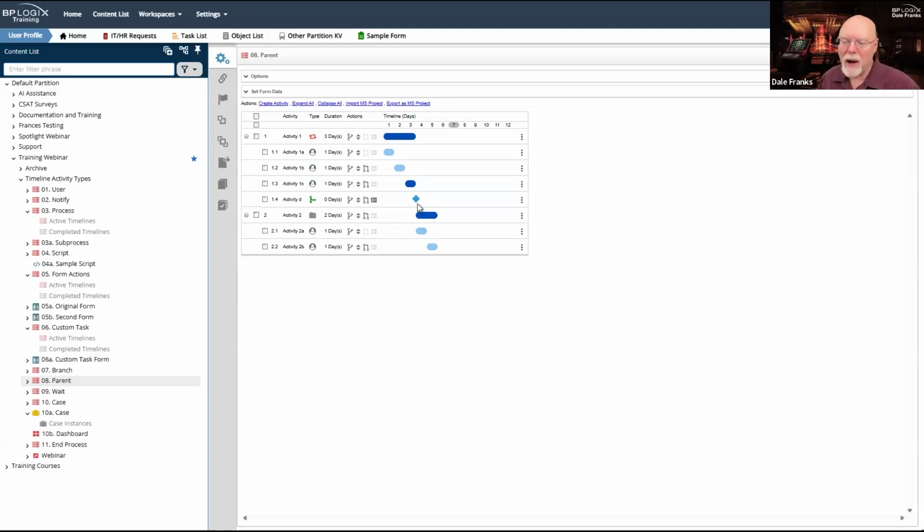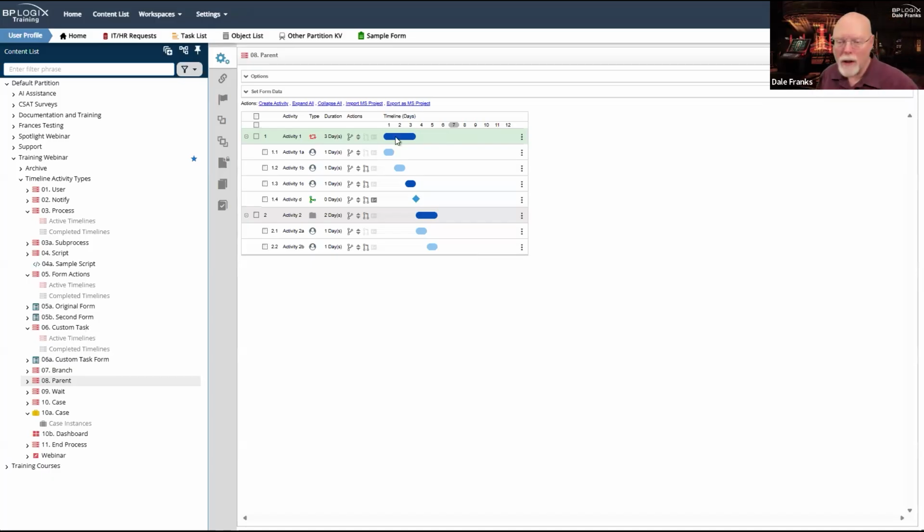So after activity D here, well, actually, it's not after activity D. It's actually after activity 1. Activity 1 is a loop. It is a parent activity. Activity 2 is a loop. It is a parent activity. All parent activities, whether I have looping features or not, when they begin, they automatically invoke their first child activity.